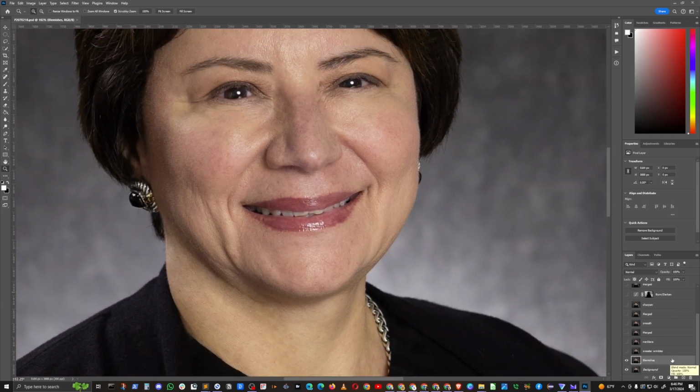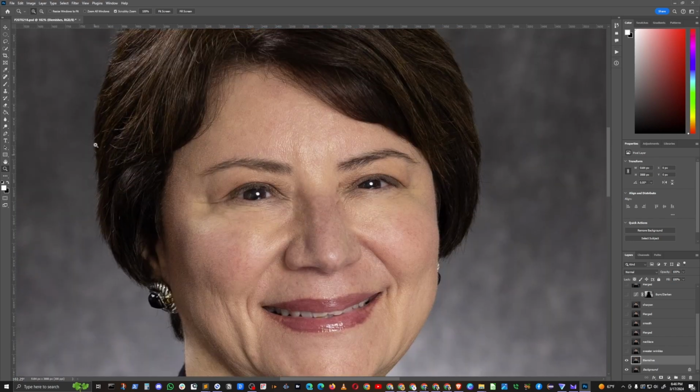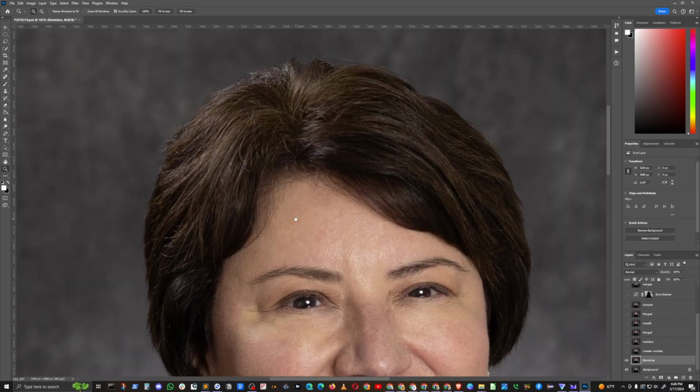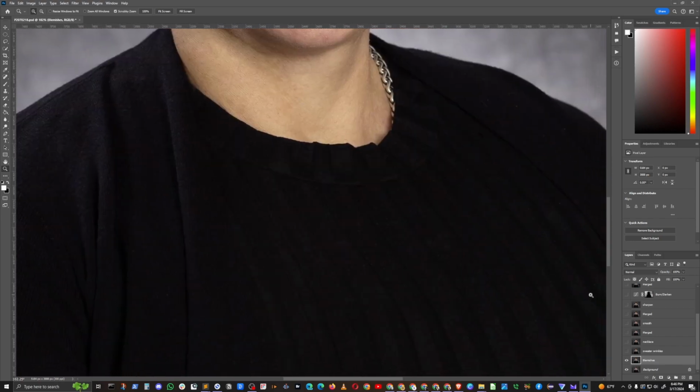So the first layer that I have here is called the blemish layer. And this is where I removed some of the major lines and stray hairs. If you look over here on the left-hand side of her head, you'll see some stray hairs that I removed up on top. And then down here on her sweater,